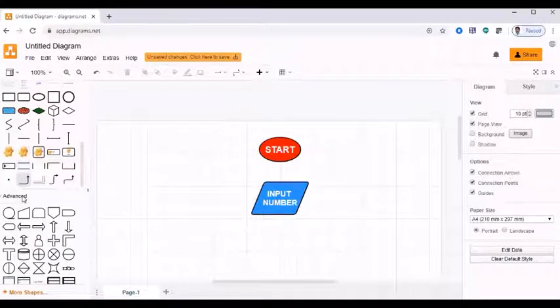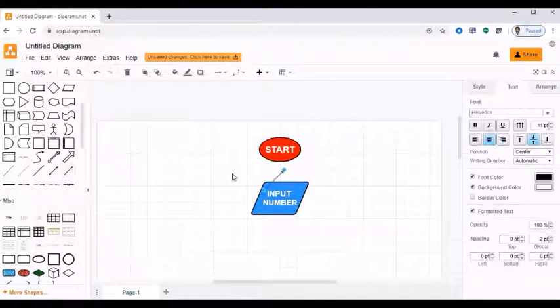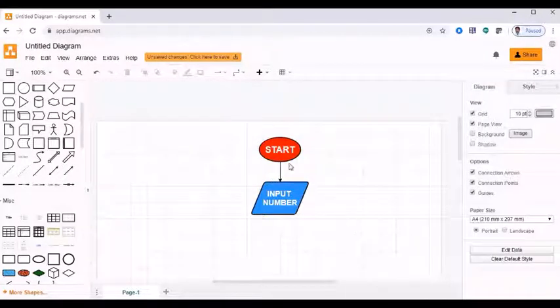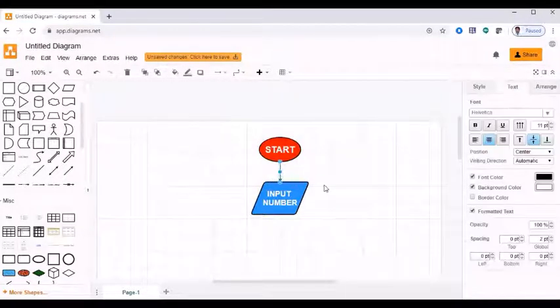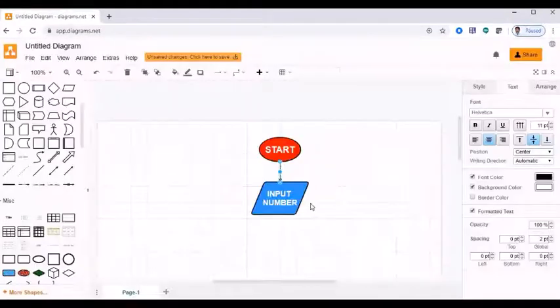Various options are also available for drawing the arrow marks. These arrow marks, colors and thicknesses, everything can be changed with the help of these different tools.